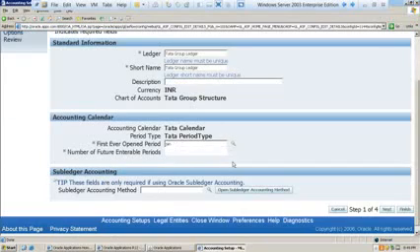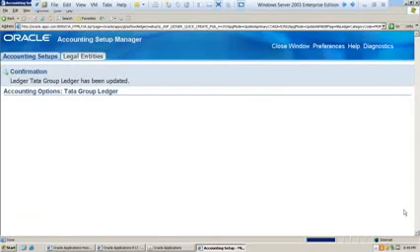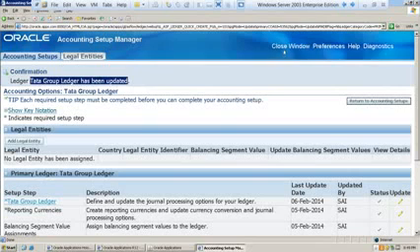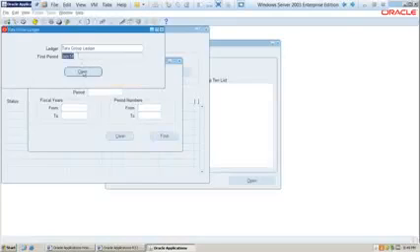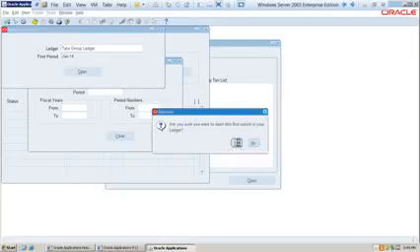Okay. Now, let's say for example, I made January. Again I change it to April. Again I change it to December. Again I change it to October. Again I change it to March. Again I change it to January. Let's say for example, January 2014 I chose as the first period. Now I click on finish. It has been updated. Close. Now I say setup, open close. Fine. January you want to open as a first period? Yes, open.